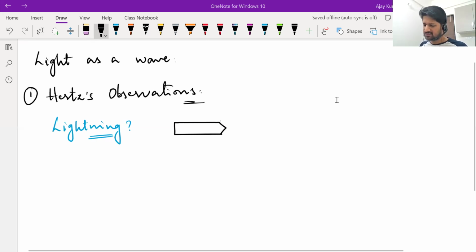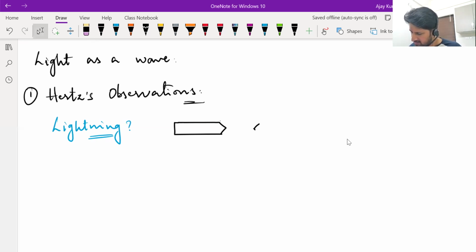Okay, I got an answer as a sudden discharge of electricity, that means electrons, between high and low potential points. Correct. So lightning is nothing but a very strong spark between the clouds and the earth when there is a very high potential difference between them. Now, what exists between clouds and the earth? Air, or atmosphere, which is usually a non-conductor. But when the electric potential difference becomes too high, a non-conductor also can turn into a conductor. It's called dielectric breakdown.